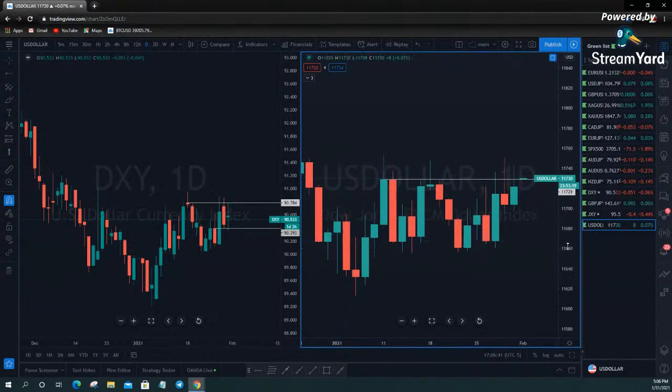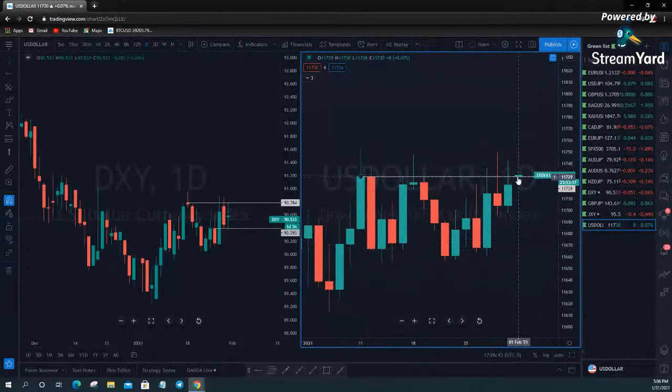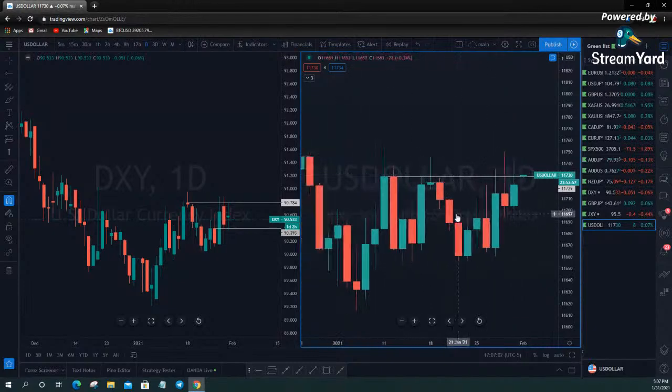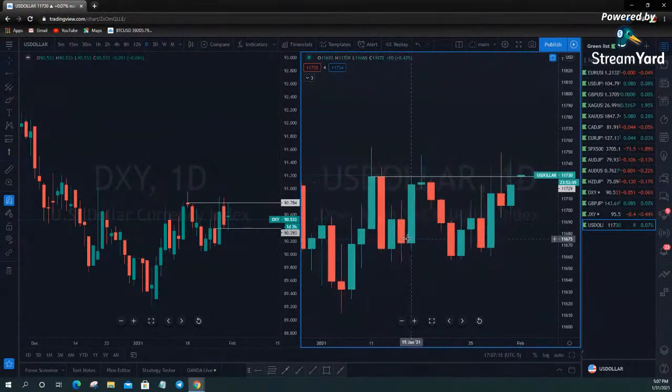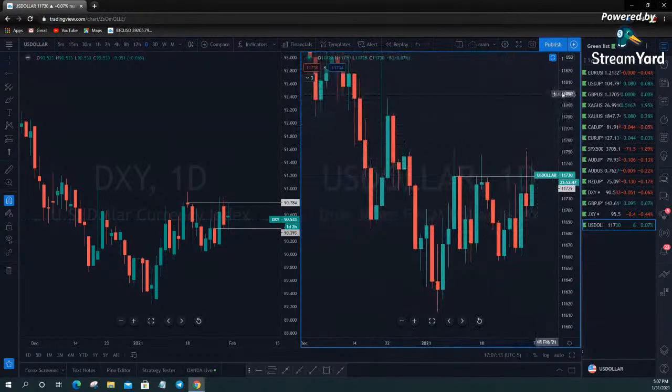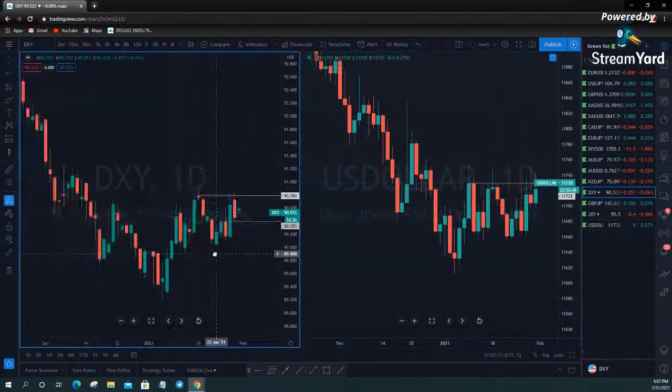I mean, I look at it a lot too. Currently, you can see we are having some dollar strength. We have gapped up over this resistance. This is the last candle closing on this asset up here at 11,730, all right, which is this white line here, or 11,729, my apologies. So we are trading above that currently, which will signify dollar strength. But it's Sunday, more importantly, and it's not even the Asian session yet. So basically we have to wait. Anything that happens tonight could basically just be fake outs or shakeouts.